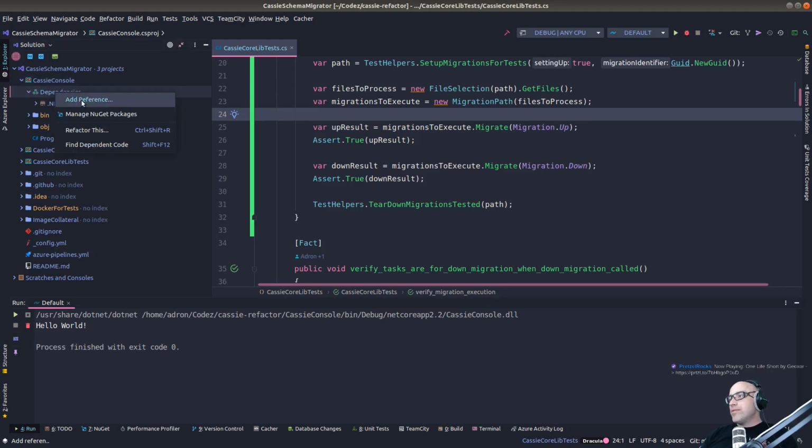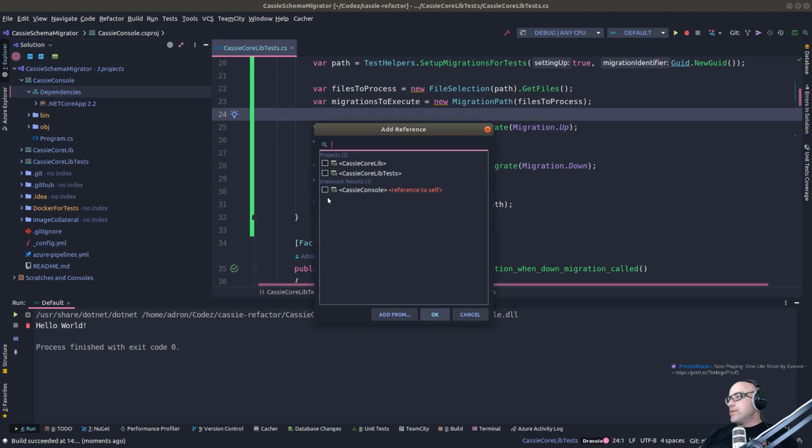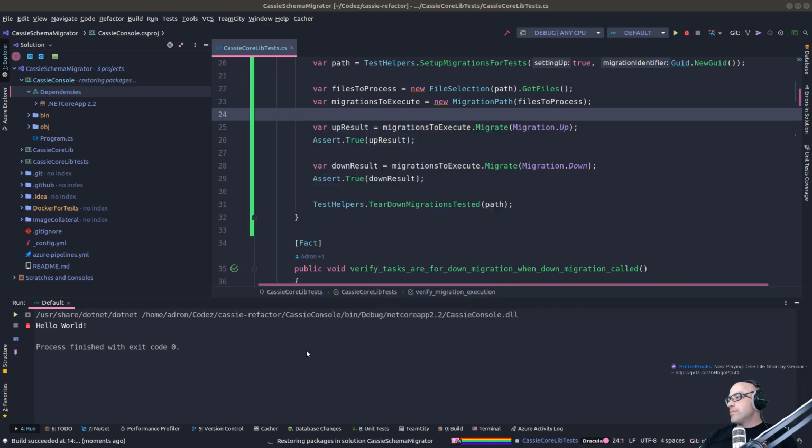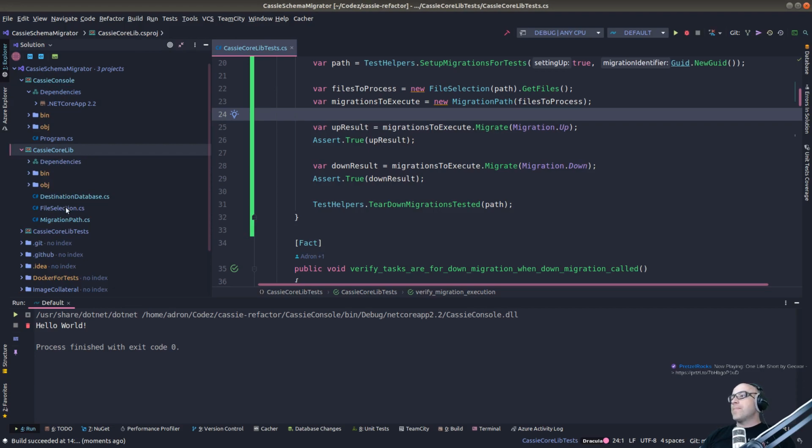So I think, have I even, let's do this, and let's add core library, right? Boom. All right, so now it's got the capabilities of adding all the magic sauce from the Cassie core library, where all our good stuff is, right? So now, the catch here is,